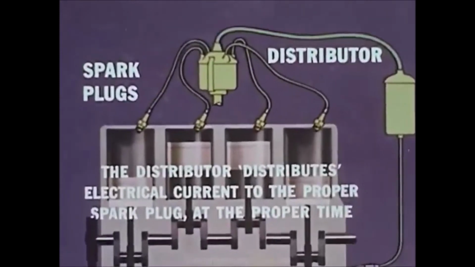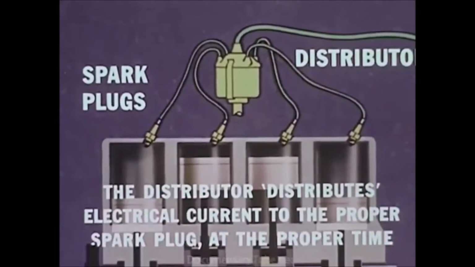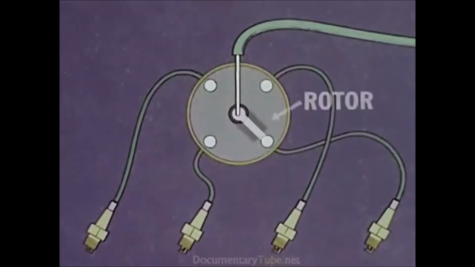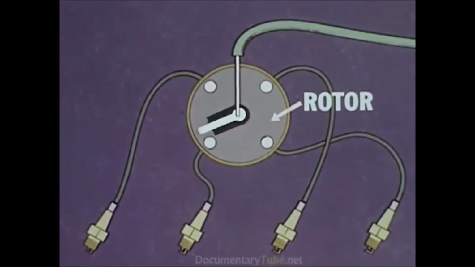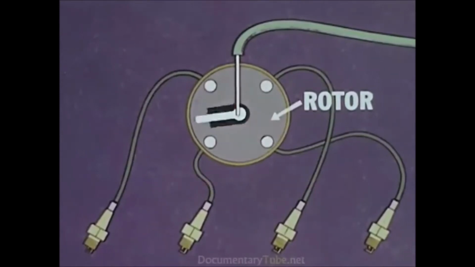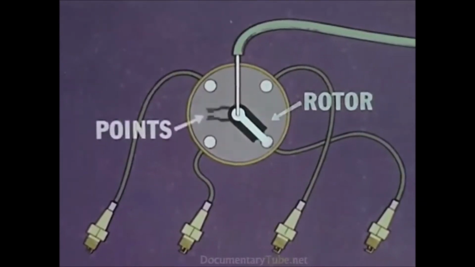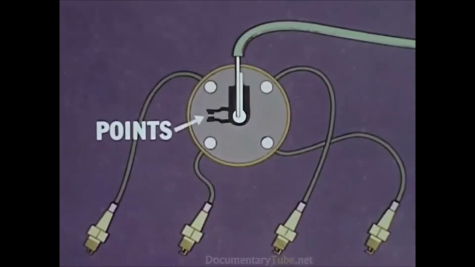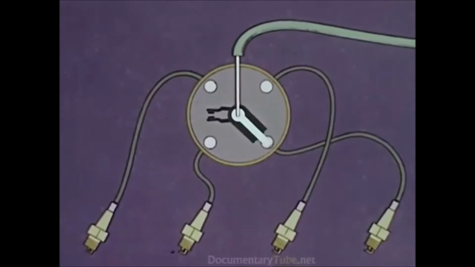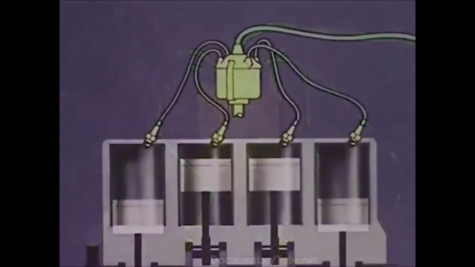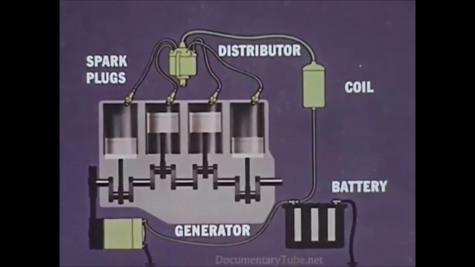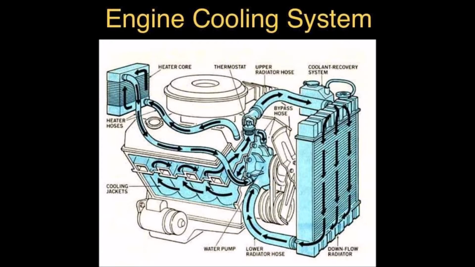The distributor distributes electrical current to the proper spark plug at the proper time. Inside the distributor is a rotor, which as it turns touches a series of contacts, one of which is wired to each spark plug. The points open and close as the rotor turns, interrupting the current to produce the fuel-igniting spark. Here again are the major parts of the engine's electrical system: the generator, the battery, the booster coil, distributor,